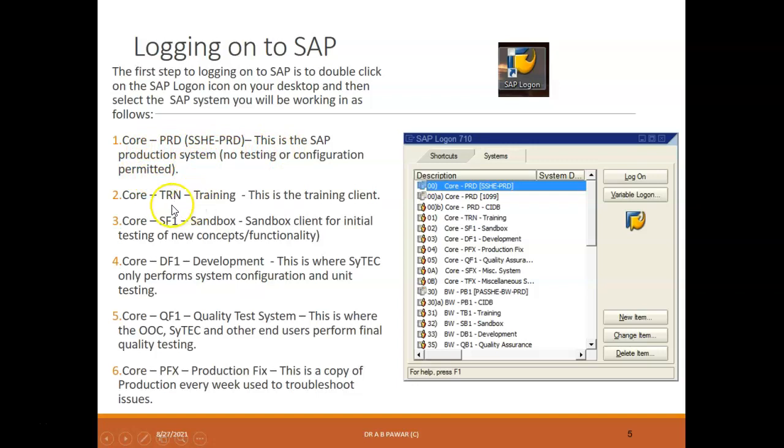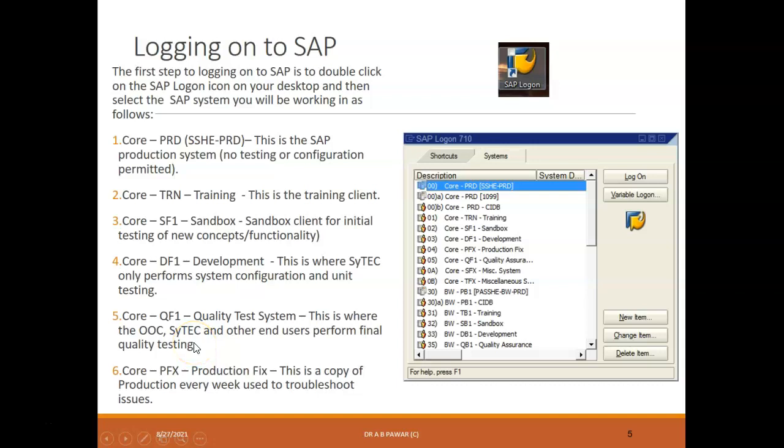If I select this particular Core TRN, then it is for training, which is known as a training client. So one can perform various operations related to training. Suppose somebody selects Core QFN, that is the quality test system, where end users perform final quality testing.